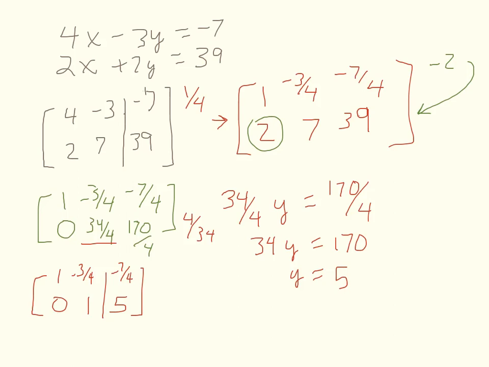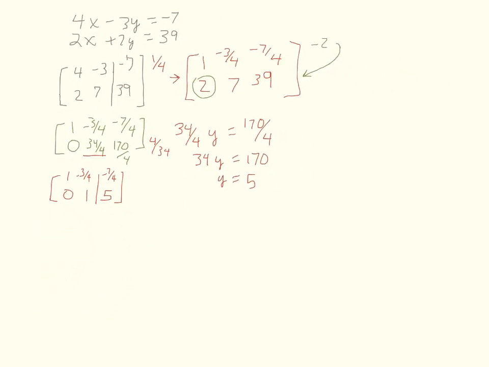Now, having said that, and I'll kind of shrink this to give me some more space, I can show you. That's one finding. I can then take that 5, plug it back into the first equation and solve and find x is equal to 2. Or I could take it one step further and realize that now since I have my 1 in my second column, I can use that number to figure out what I need to get a 0 in the first row, second column. So if I multiply 1 by 3/4 and added it to the first row,